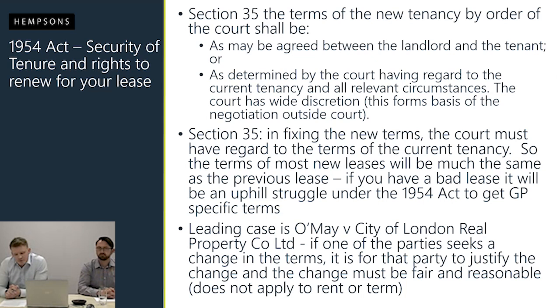So Section 35 states that the terms of the new tenancy will be either as agreed between the landlord and tenant. So as I say, the landlord and tenant are free to agree any terms that they like, or if an agreement can't be reached, as determined by the court, having regard to the current tenancy and all relevant circumstances. So it's the "all relevant circumstances" phrase there that gives the court wide discretion, and it's that element of the wording that forms the basis for the negotiations between